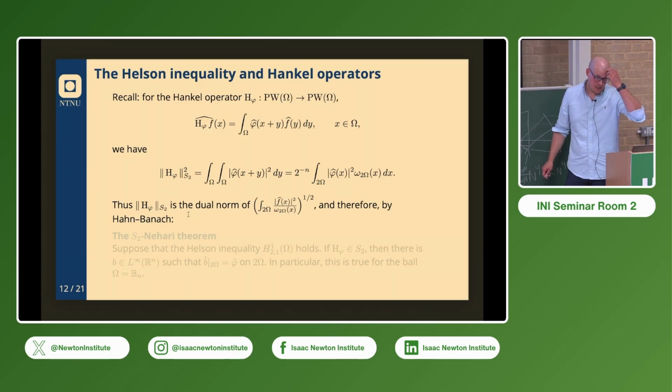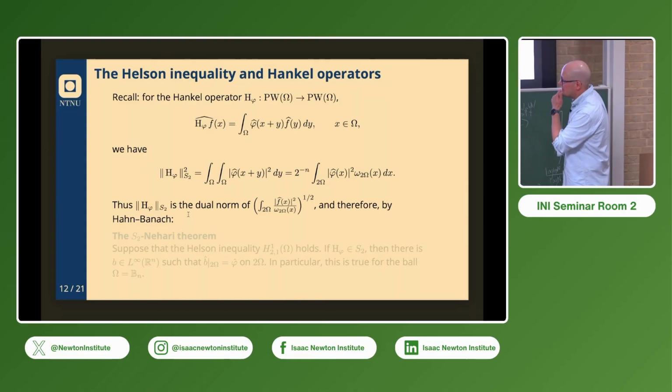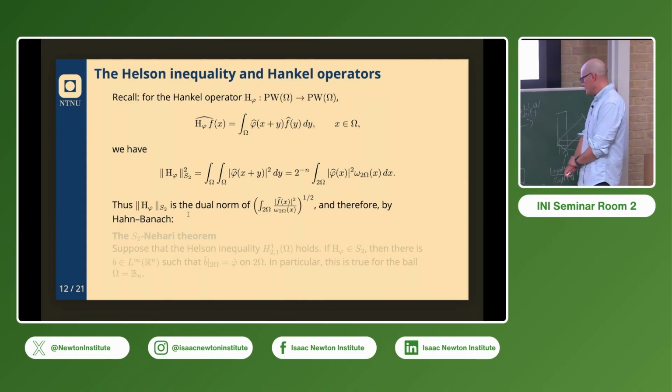So this inequality that is really the Carleman inequality, which is really the isoperimetric inequality, why do I call it the Helson inequality? Well, because Helson was interested in this in connection with Hankel operators on these large Hardy spaces, with functions with Fourier support in a cone.